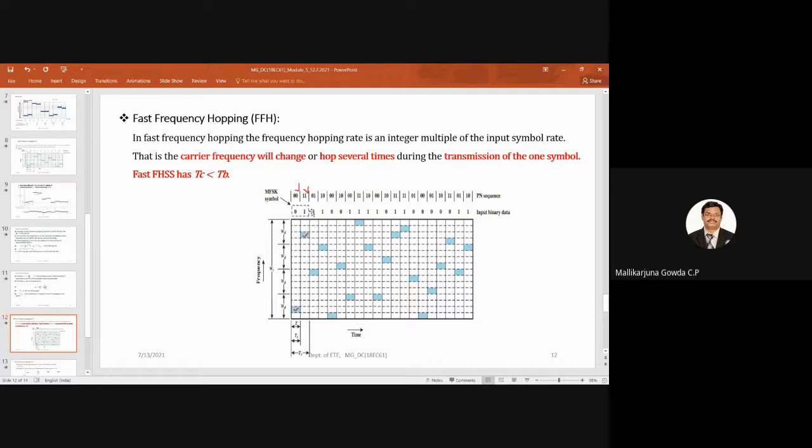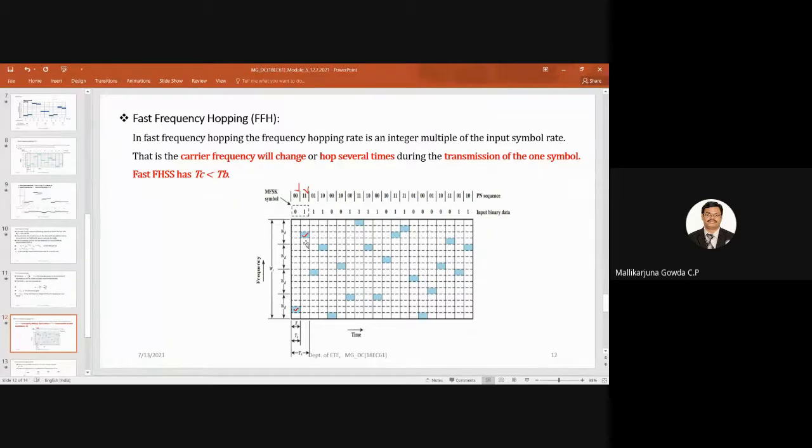Next symbol is 1, 1, which means its frequency is F3. It will be modulated with a frequency of F3. Then what is my hopping frequency? The hopping frequency is 0, 1 and 1, 0, meaning FC1 and FC2. So just look at it. It is at FC1, and since the symbol is 1, 1, it is at F3. Then FC2, and its frequency is F3. Okay, got the second point?